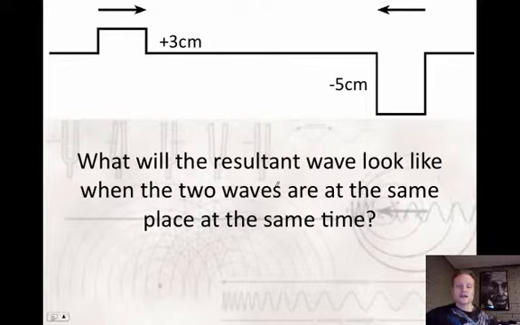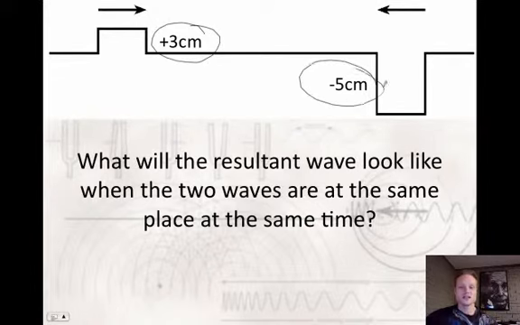If we take a look at this slide here, it asks what will the resultant wave look like when the two waves are at the same place at the same time? Well, again, principle of superposition here. We're just going to do a little addition problem. This wave has an amplitude of 3 centimeters. This wave has an amplitude of -5. So what's 3 minus 5? Well, that's -2